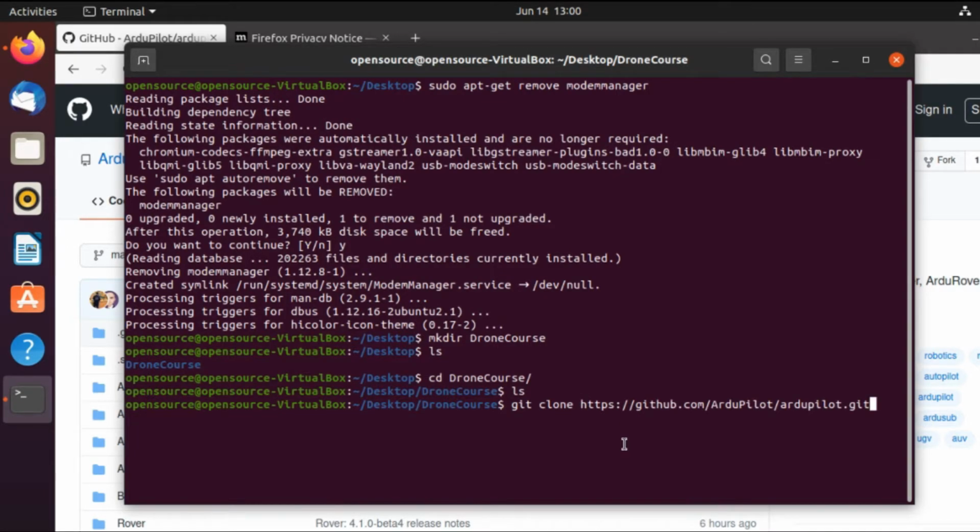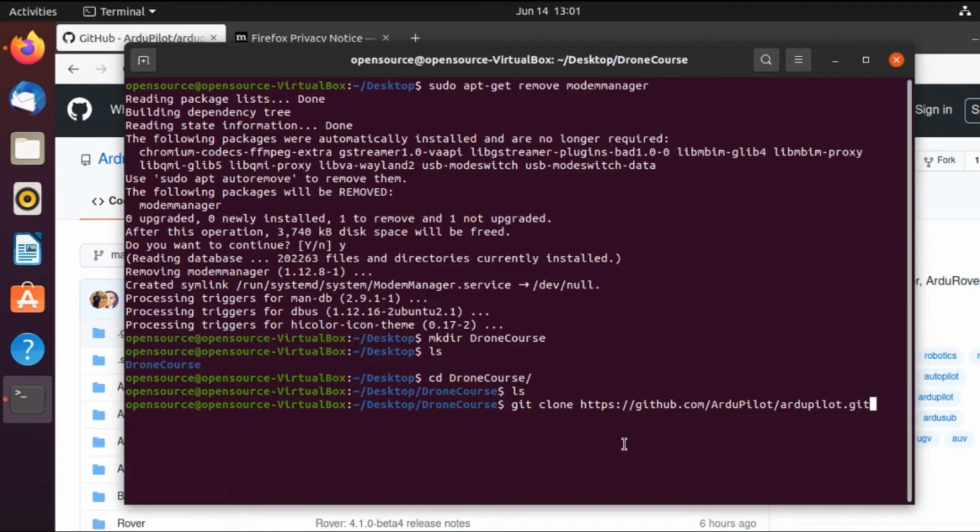And here's the thing, I am downloading the complete ArduPilot source code, which means it contains the source code for all the different vehicles, but we will only need the ArduCopter autopilot firmware for this drone course because we will be working on quadcopter programming and stuff.